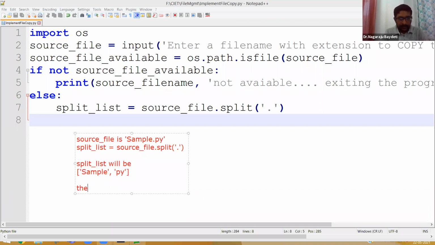So the file name is in split list of 0. The extension is in split list of 1. Don't ask me what is this 0 and 1? It is an index of the list. I hope you guys have understood the logic written in line number 7.